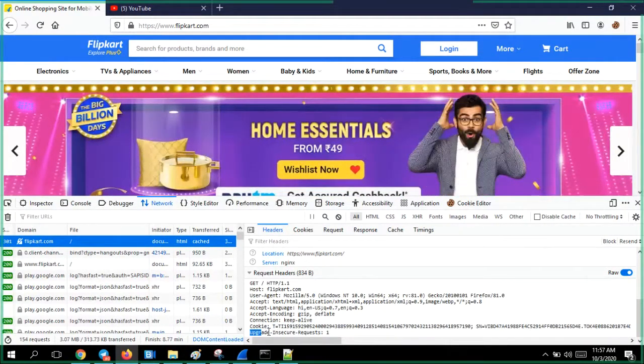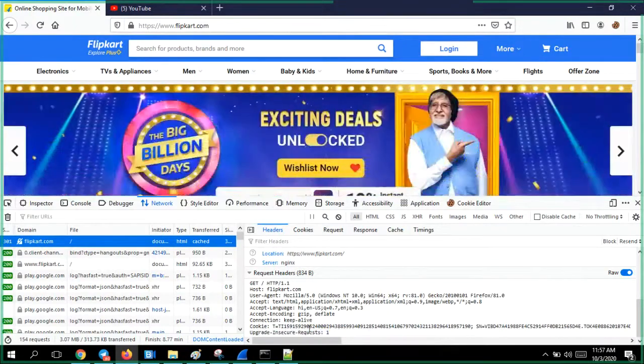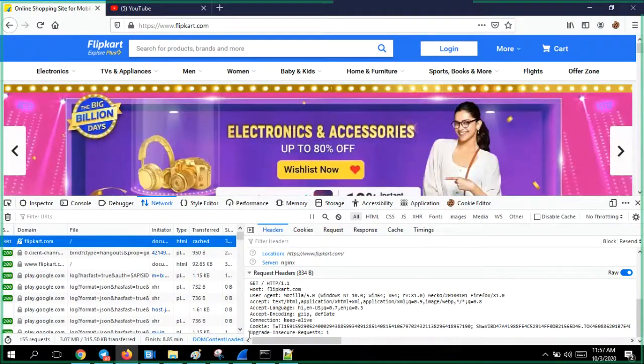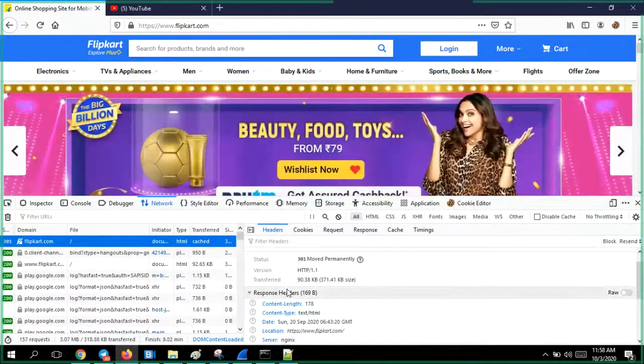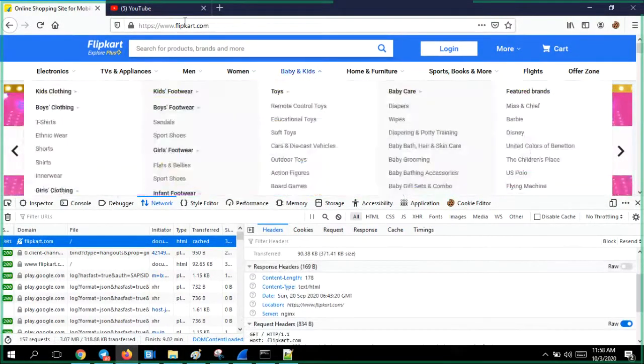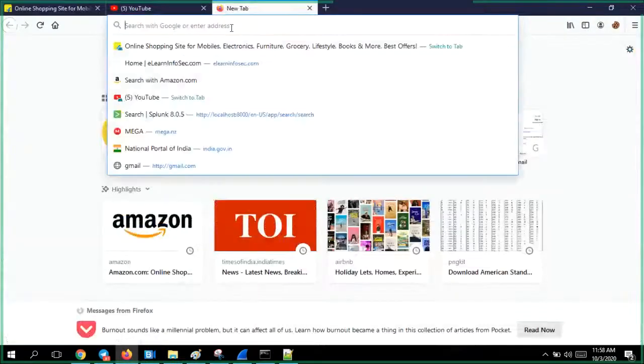And the upgrade something is there, which is not at all required for us. Not at all required. Yeah, this information is required. Now, the responses. Requests. Let us see. Request means,